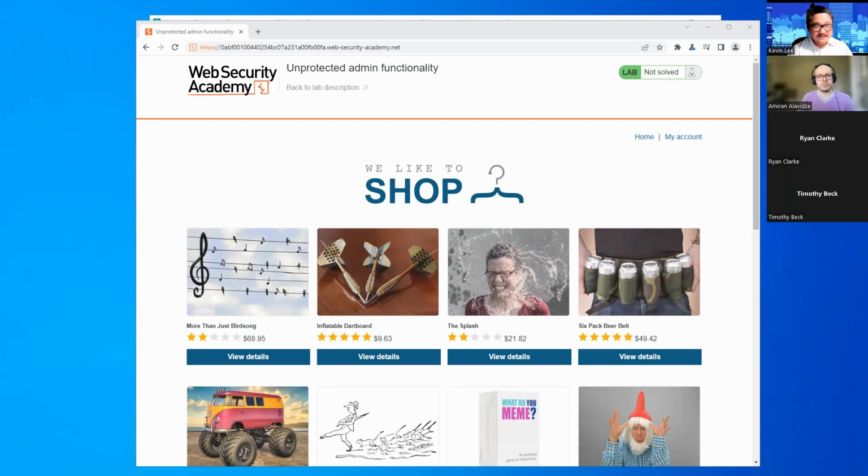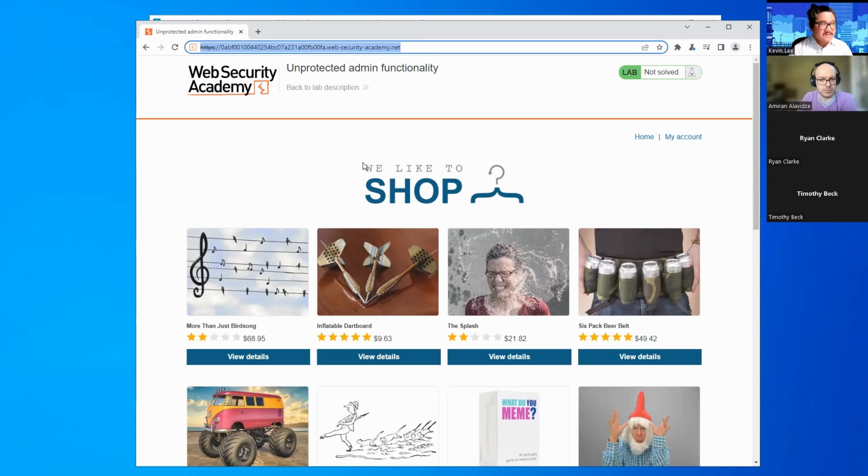All right, so one of the first things we might try when we're enumerating a new web app is to see if the website has a robots.txt file available.